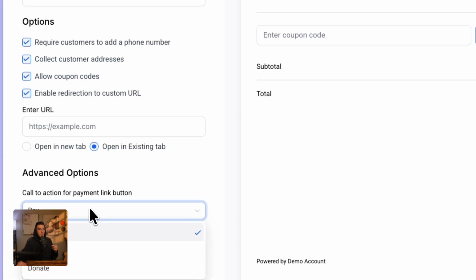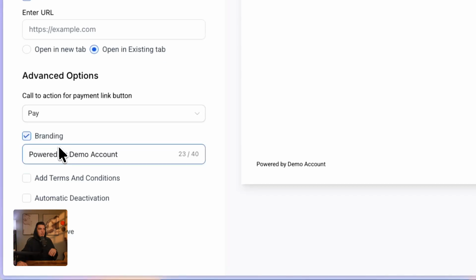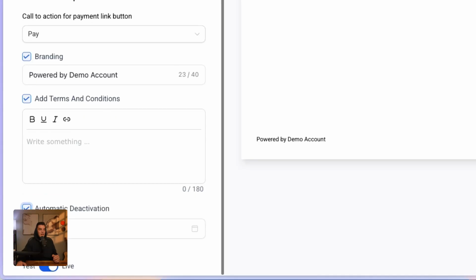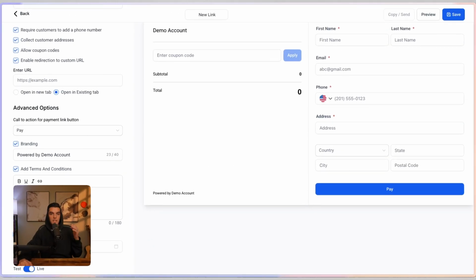And then you can choose the action for the payment link button. You can choose the branding to be on or off and edit those, add terms and conditions, and of course add automatic deactivation of this payment link at a certain time. So if you only want this available for people to purchase before a certain date, then you can edit those here. And you can choose test or live, add a name to this,